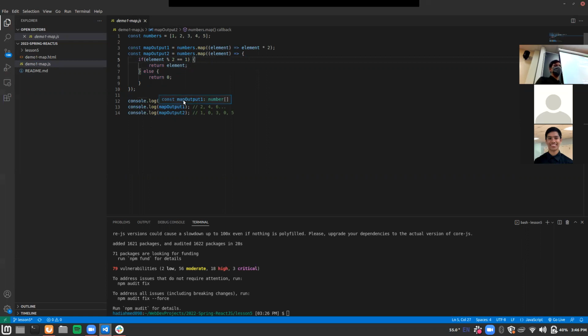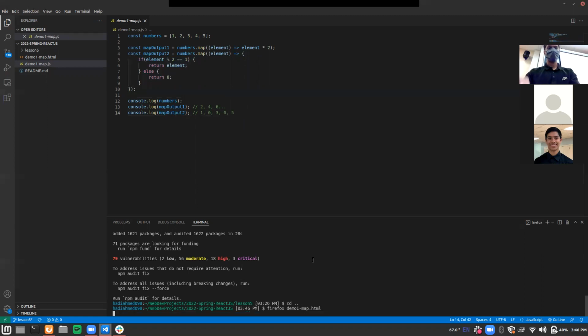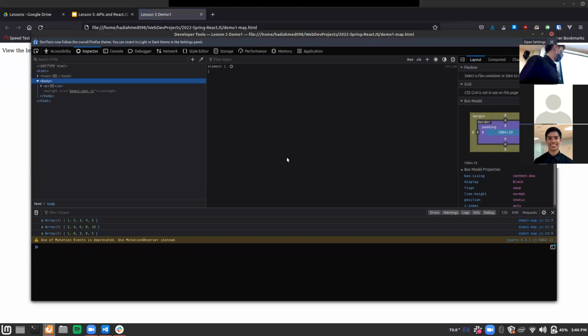Finally, it'll just output the actual output of the map, and then some arbitrary 10305. So if you run this code, I'm going to run it in my browser here, and look at our browser console. You can see that the output is exactly what we think it is. The array numbers is 1, 2, 3, 4, 5. The doubling looks like 2, 4, 6, 8, 10. And the even-odd checker function we wrote does indeed return